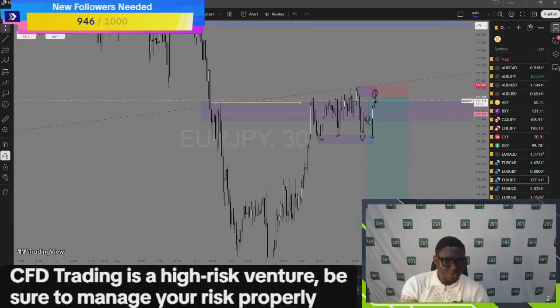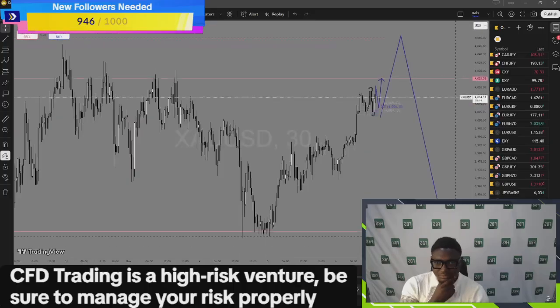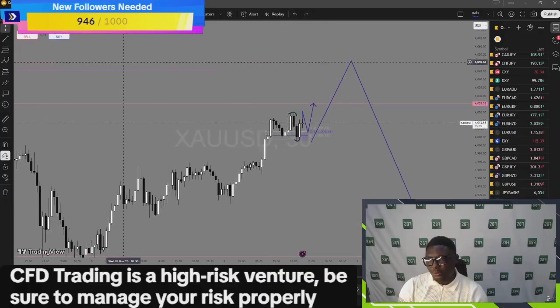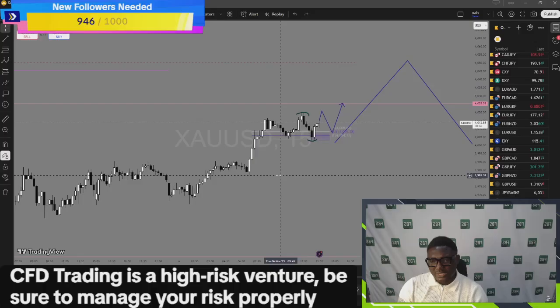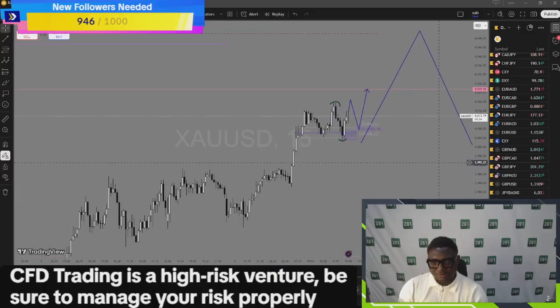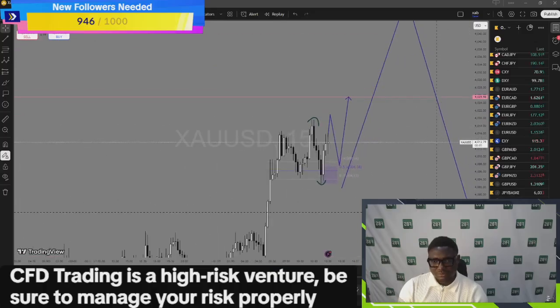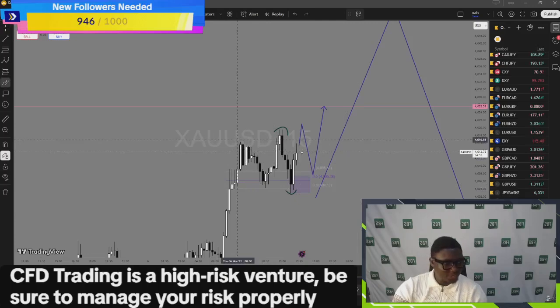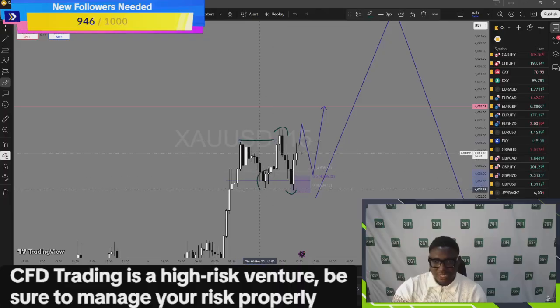All right, let's go back to gold. Gold has not yet completed the break of structure, so I wouldn't trust any signal that gold is giving right now. But let me explain the buy sentiment on gold. If you're a demand and supply trader, you'd have marked this as a break of structure, marked this as your order block, such that you'll be targeting this region.